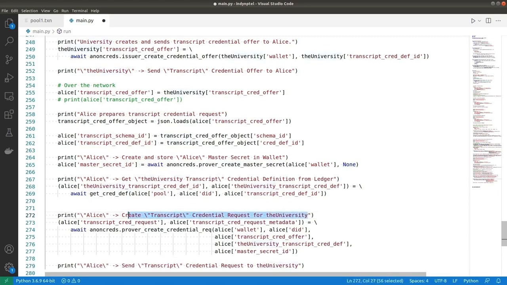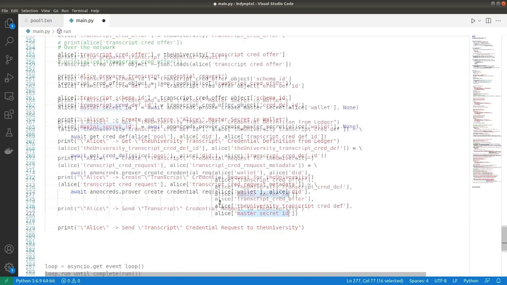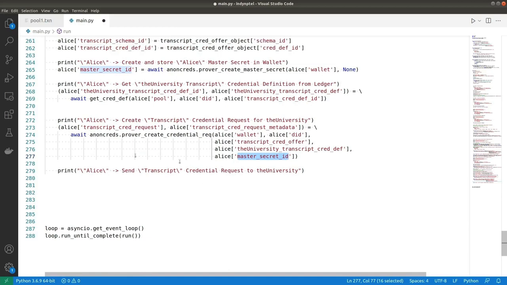So, Alice now will use anoncreds.prover_create_credential_request to create a credential request, and this takes different details about Alice as input, like Alice's wallet, DID, the actual offer which came from the university, then the credential definition as well as the master secret. So, this will give as output a transcript credential request,